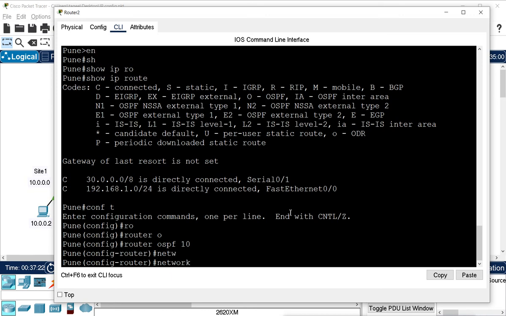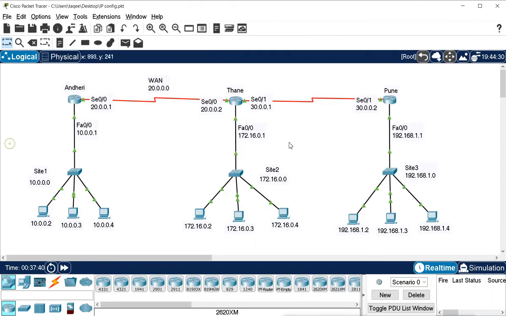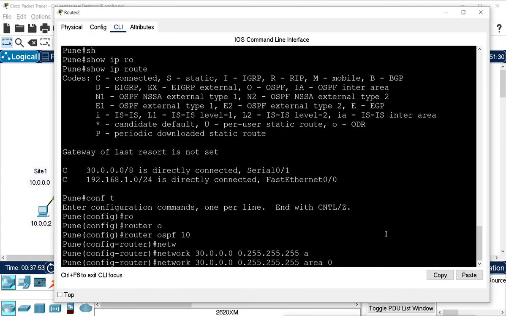Now I will introduce network 30 first, and this is class A, so the wildcard bits will be this, area 0. Now see, when I press enter, what will it do? Because network 30 is connected to the Thane router, both the routers will start creating the neighborship, and we will see the message of neighborship on this Pune router and also on the Thane router. So when I press enter here,